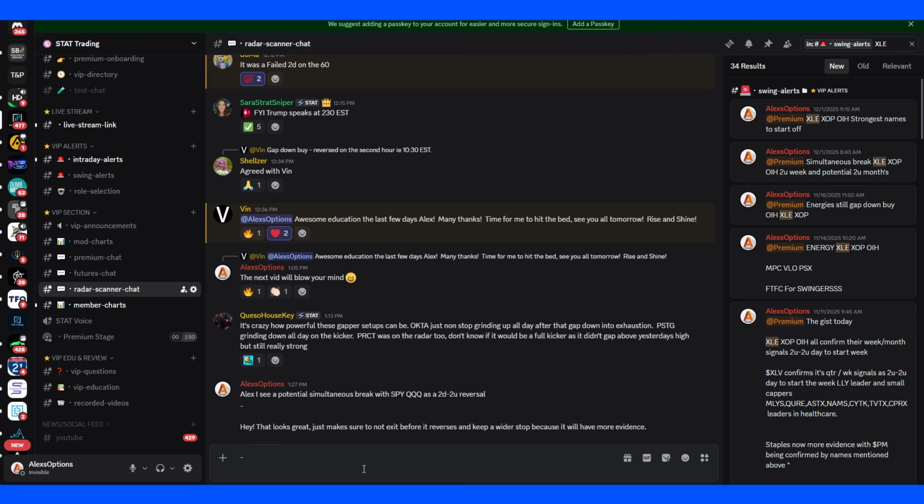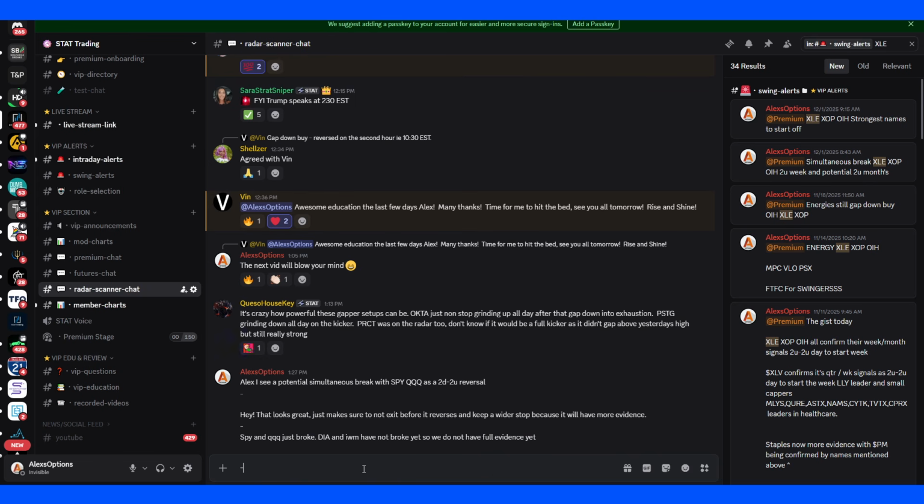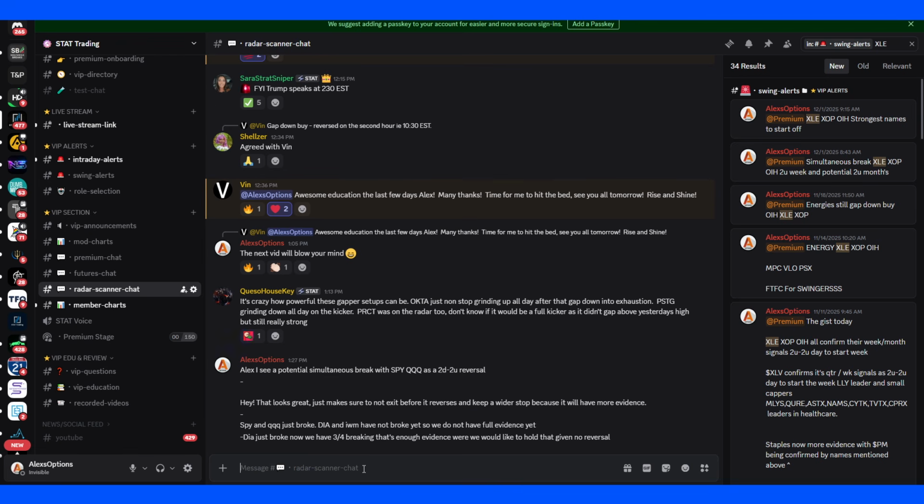And then we'll see SPY and Qs just broke. Dow or DIA and IWM have not broke yet. So we do not have full evidence yet. And then we'll say, Dow just broke. Now we have 3 out of 4 breaking. That's enough evidence where we would like to hold that given no reversal. And then we'd say IWM just broke. We have full evidence. It is going higher